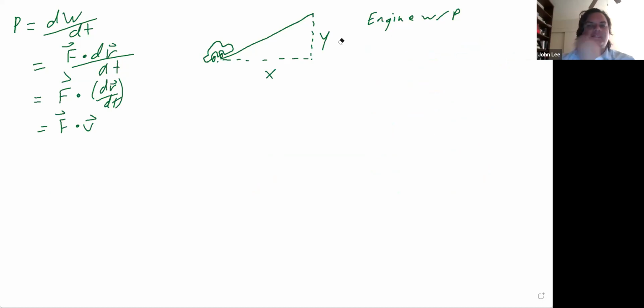So if there is air resistance, then there's a maximum V that can be achieved. So the power is still